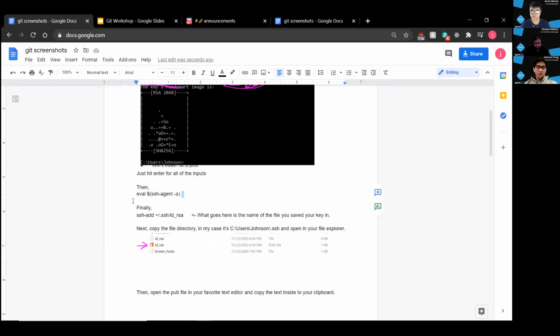And then you type in this command right here, eval $(ssh-agent -s). I'm not really too sure what it does, but it basically creates an SSH agent on your computer, and that's just required. It's just a part of how to do it. And then finally, you want to add